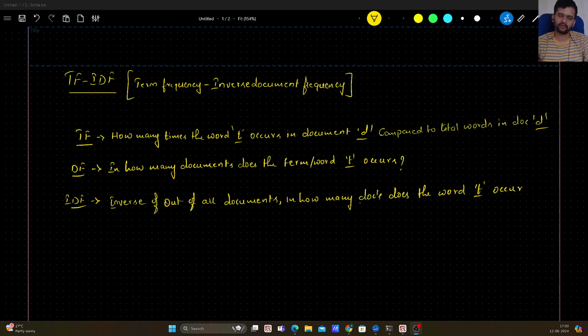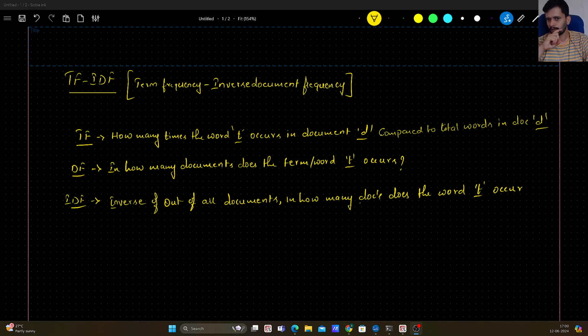In this video, we will talk about something called TF-IDF, which stands for Term Frequency Inverse Document Frequency. As you all saw in my previous video on bag of words, it just creates a frequency table and doesn't really give any weightage to more important words or less common words. It just lists the vocabulary and creates a frequency table. So in this, no semantic meaning is preserved, no context is preserved, and all the words are given equal importance,